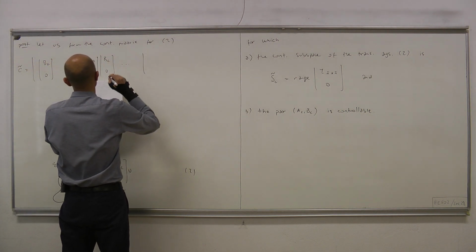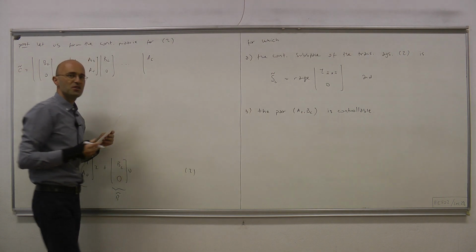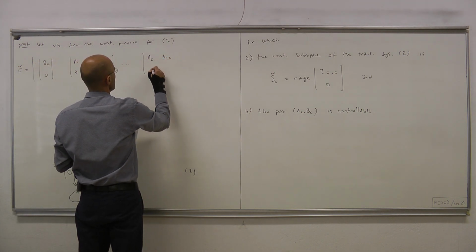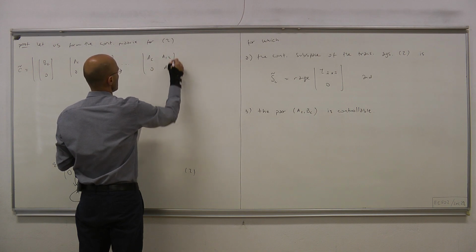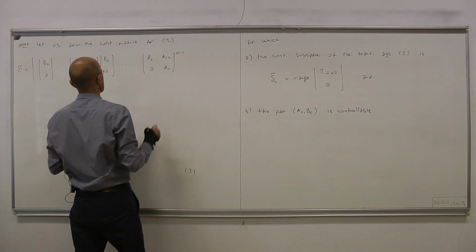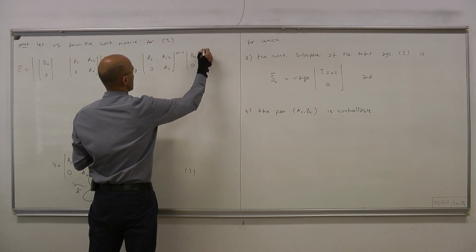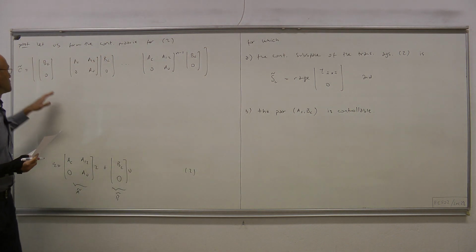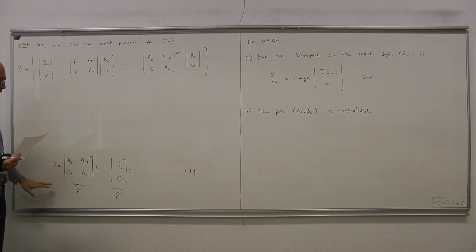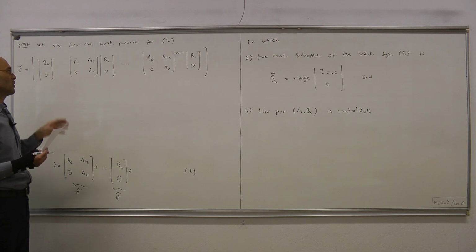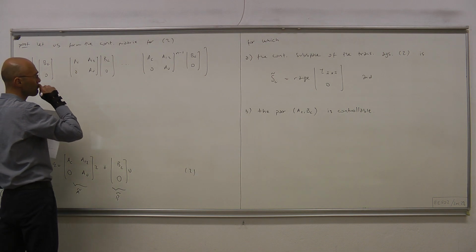You keep doing that until the n minus first power of A. A_C, A_12, 0, A_U raised to the n minus first power times B_C, 0, B tilde. Okay, and this is your controllable matrix for the controllable decomposition. Now, because of the special structure of these matrices, what we have here is